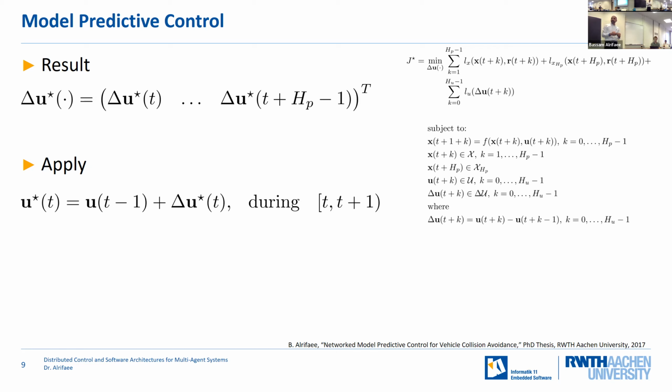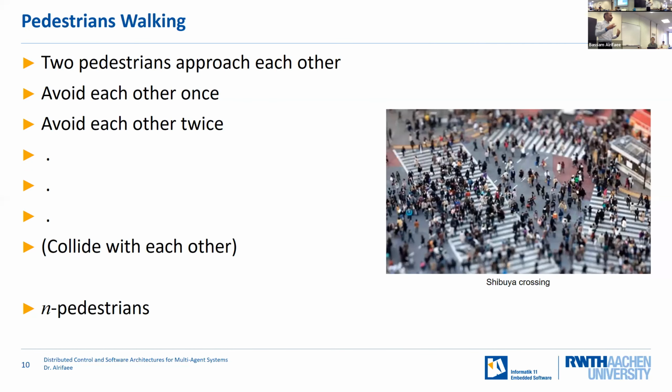This was the very short introduction into model predictive control, and now we get to the network thinking. So I will introduce some examples to get you into the network thinking. Something you experienced or observed, especially in the post-COVID time: two pedestrians walk towards each other. They try to avoid each other once, twice, but maybe they move to the same direction, and somehow they resolve this. But think of they may collide with each other, and how is it if we extend this to n